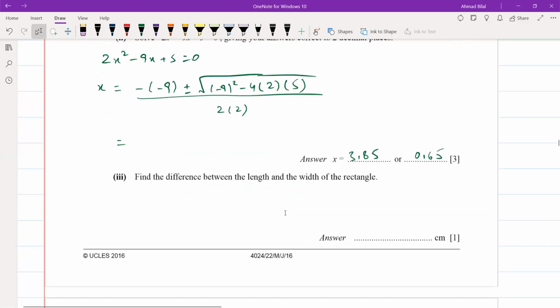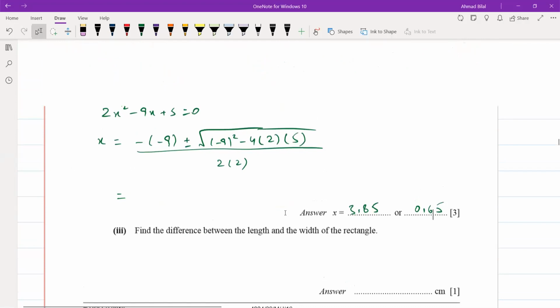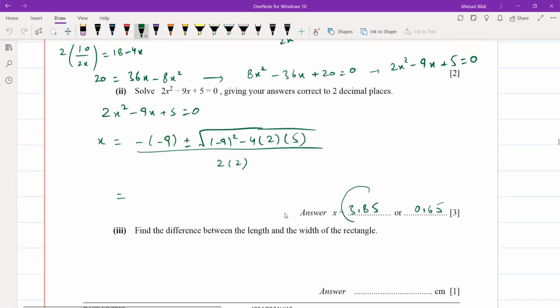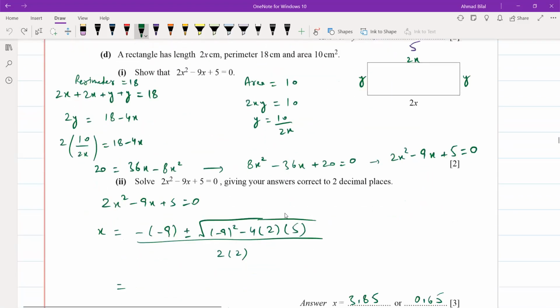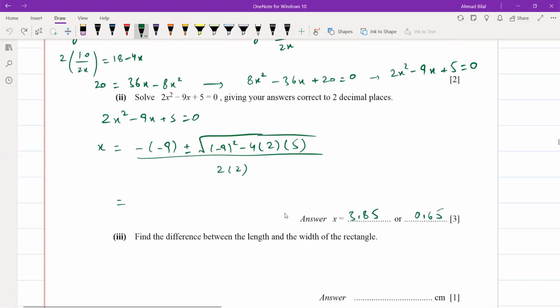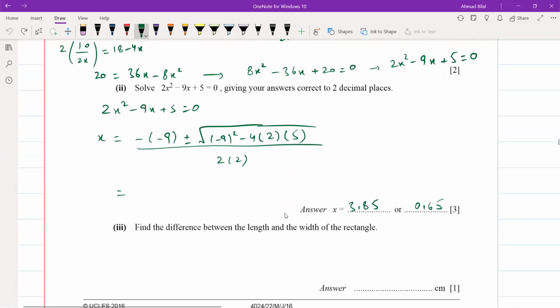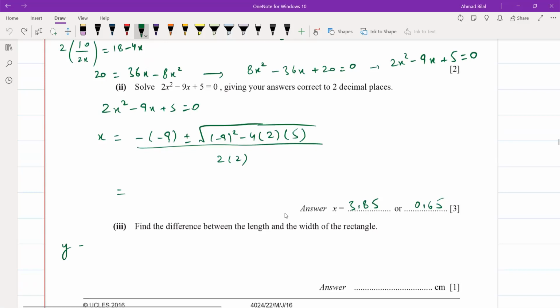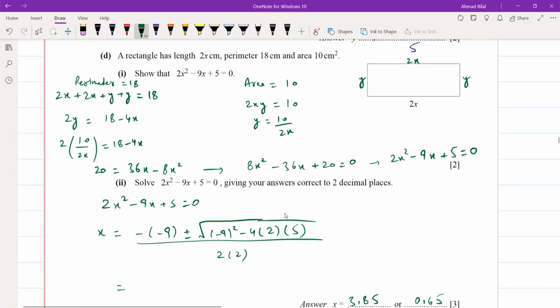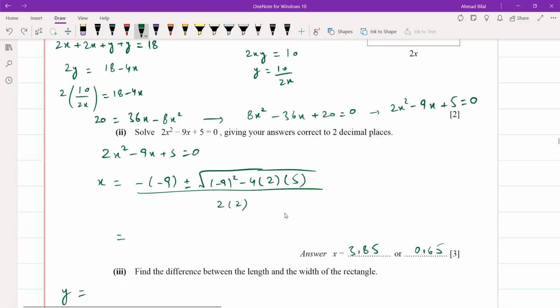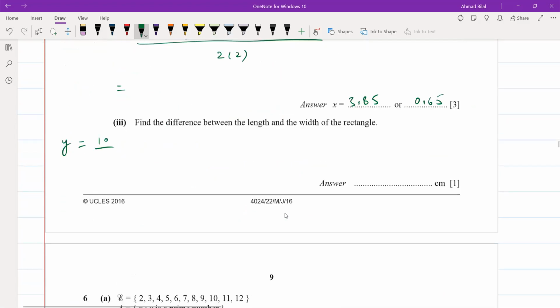उसके बाद वो कहते हैं find the difference between the length and the width of the rectangle. So आपके पास x आ गया, right? Now x is this. So y क्या होएगा? y हमारे पास आ जाएगा फिर ऊपर, इसमें से कोई भी इक्वेशन यूज कर लें. So you have y equals 10 over 2x. तो y हमारे पास आ जाएगा 10 over 2 times x. तो इसमें से अगर हम 3.85 इनपुट करते हैं इसके अंदर, what do we get? 3.85. We get